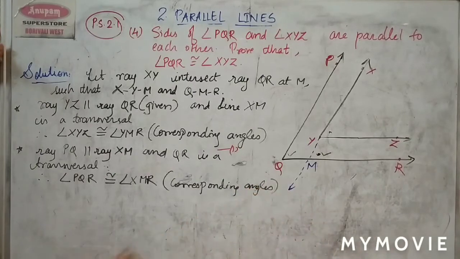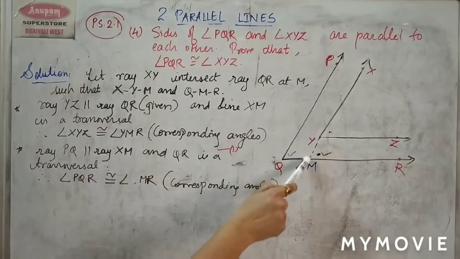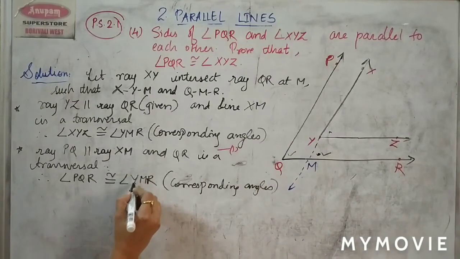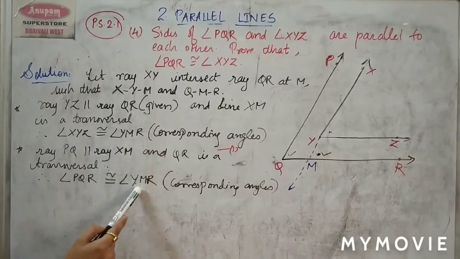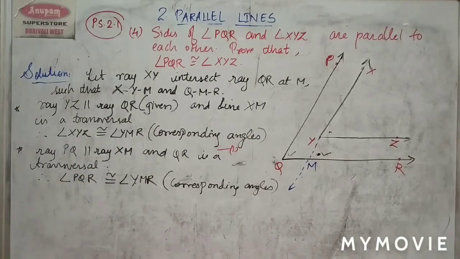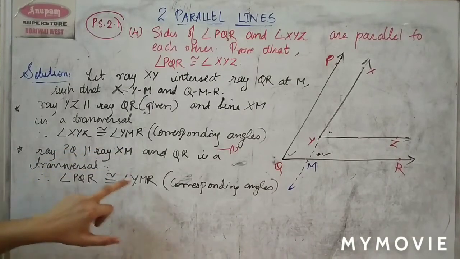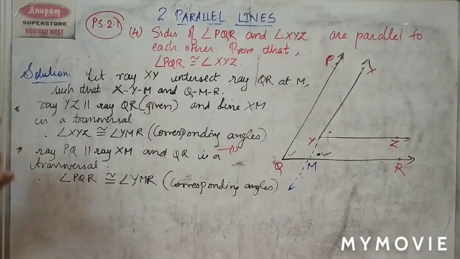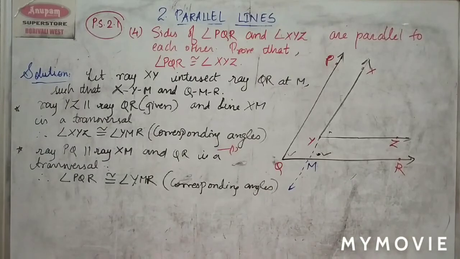Okay. Now, this X and R can also be written as Y and R. That's the same angle. Why am I doing that? So that I can find some relation here. See children, there is an angle XYM which is congruent to YMR. But YMR is also congruent to PQR. That means these three angles are congruent to each other. Because if this is 90 degrees, this will also be 90 degrees, and if this is 90 degrees, this will be 90 degrees. And therefore, this will also be 90 degrees.